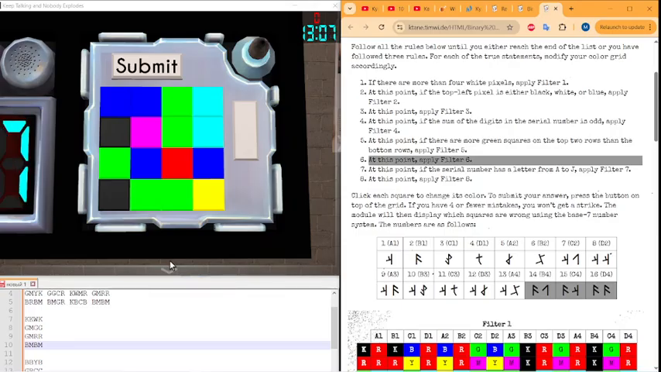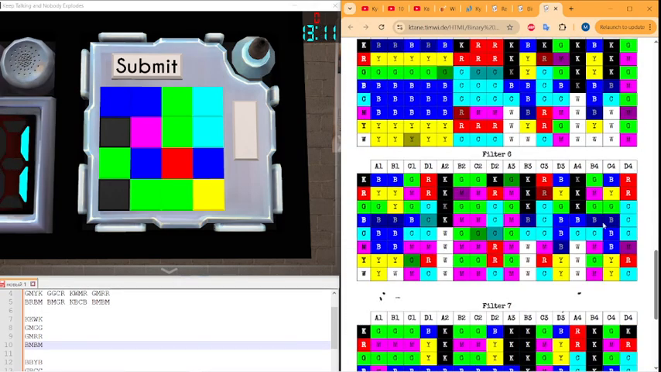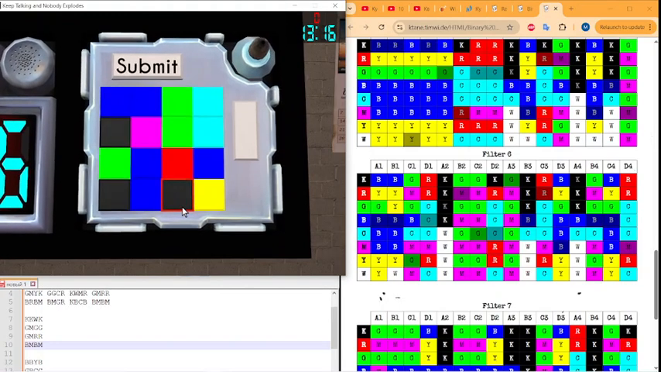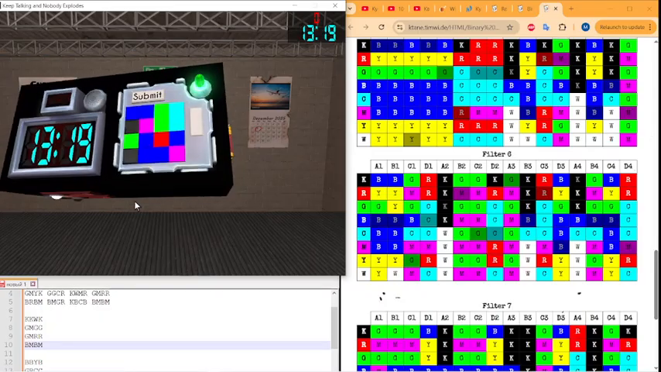Let's return them back to their spot, and I don't remember which supposed to be. Blue, blue, magenta. Okay, and this is how you solve